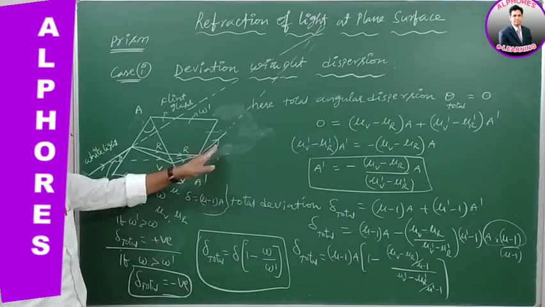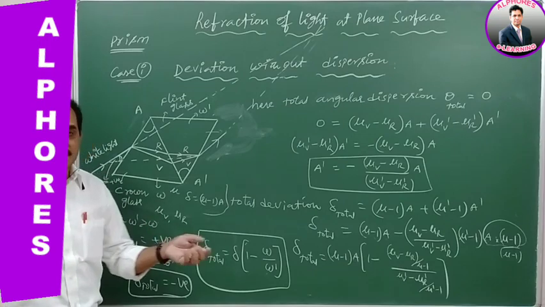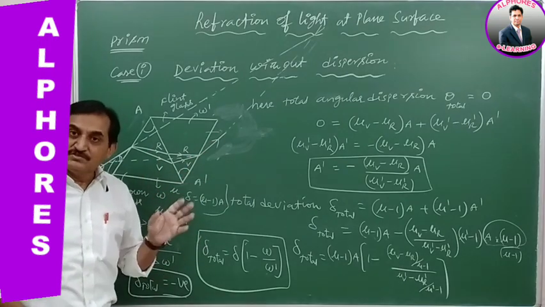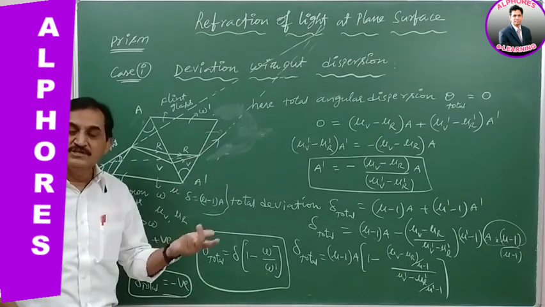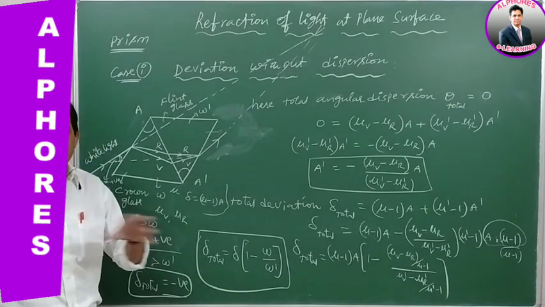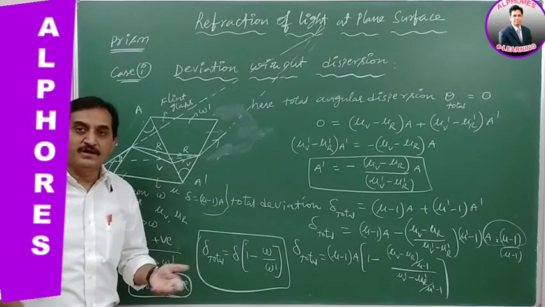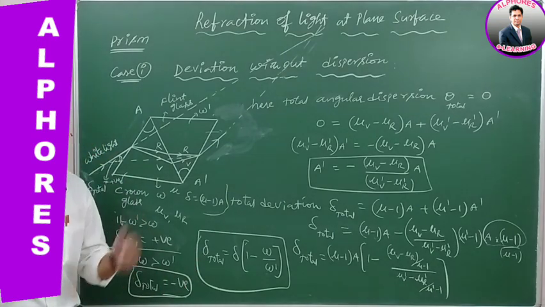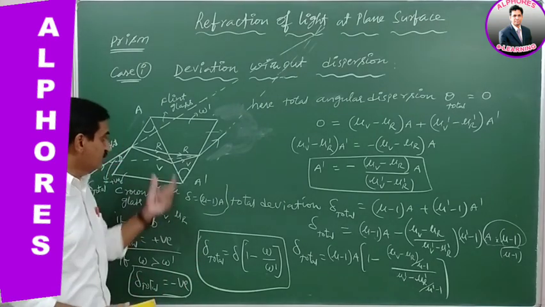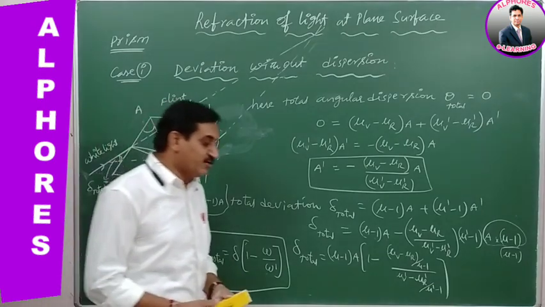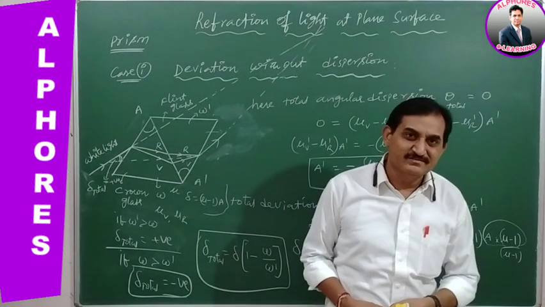So here the emergent light is not giving 7 colors, it is straight away white color. Therefore, white light is coming out, and there is no scope of 7 colors in this case. Therefore, chromatism is avoided, which is known as achromatism. So this combination is said to be an achromatic combination.